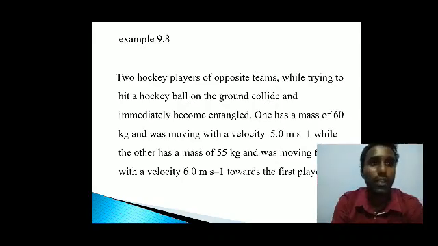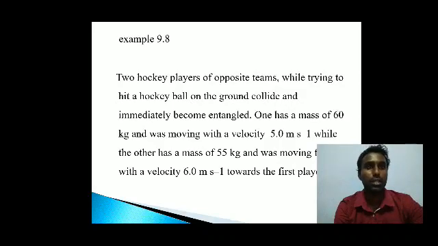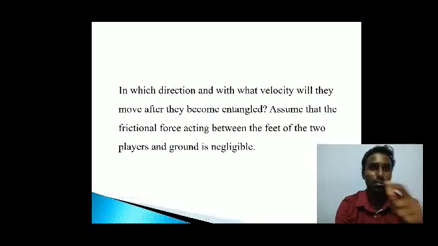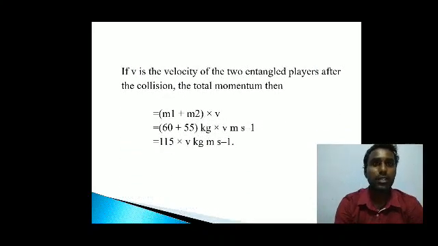So first we have to find 60 into 5 plus 55 into 6. Calculate that value. That value we can keep, that is equation number 1, before collision. Now after collision, if v is the velocity of the two entangled players after collision, the total momentum is